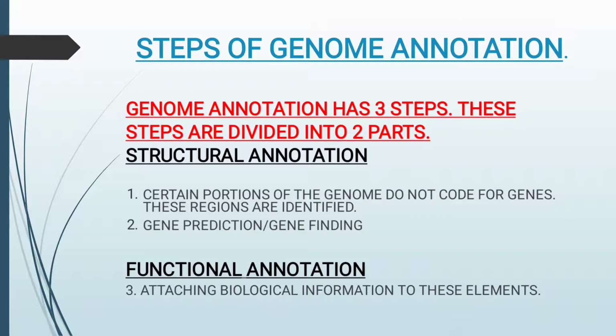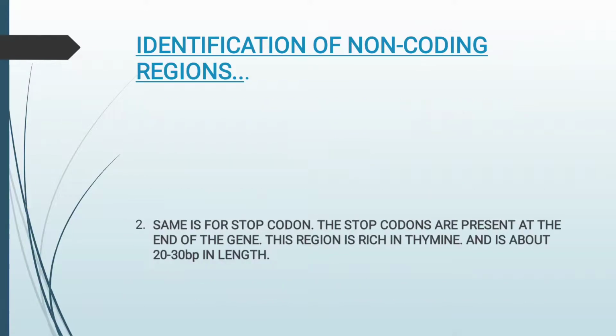In functional annotation, as discussed before, biological information is attached to the genes that have been found out via structural annotation, and once biological information is added, say a protein is added, say some carbohydrate is added to the gene. After doing this, you can find out the changed function of the gene. It becomes a new allele, as discussed before.